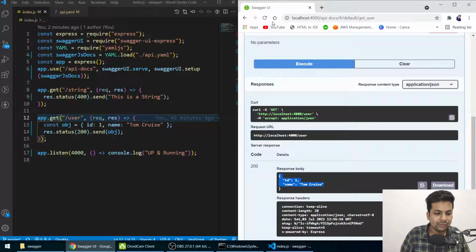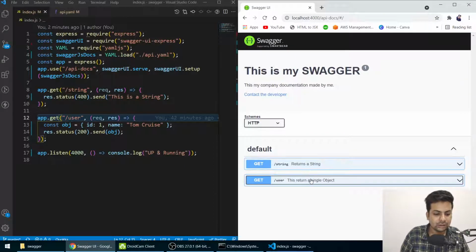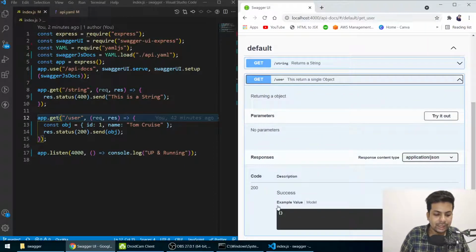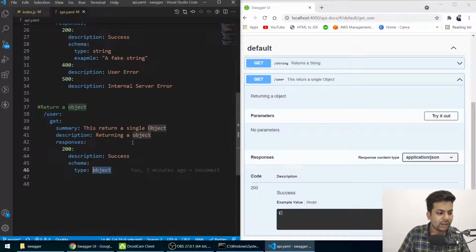But there is one problem. If this is my object URL, I don't know which type of object it is. A string can only be a normal string in two quotes, but an object can have multiple keys and multiple values. So you should know how many keys there will be. Here I'll give some examples also.